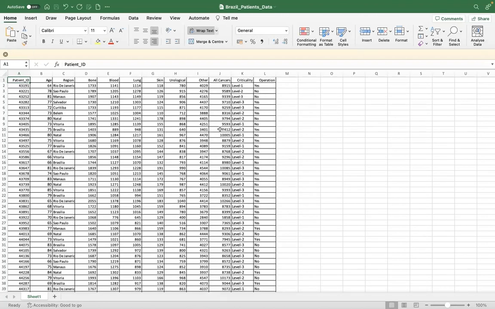And then there was the criticality of their patient as well, like which level of criticality they were having. So it's a categorical variable, level 1, level 2, level 3. And then finally, our Y variable, basically, the dependent variable was operation eligibility. So either they are eligible for an operation or not, yes or no. So this data looks very straightforward at first glance. But when you think of it from a machine learning point of view, you will